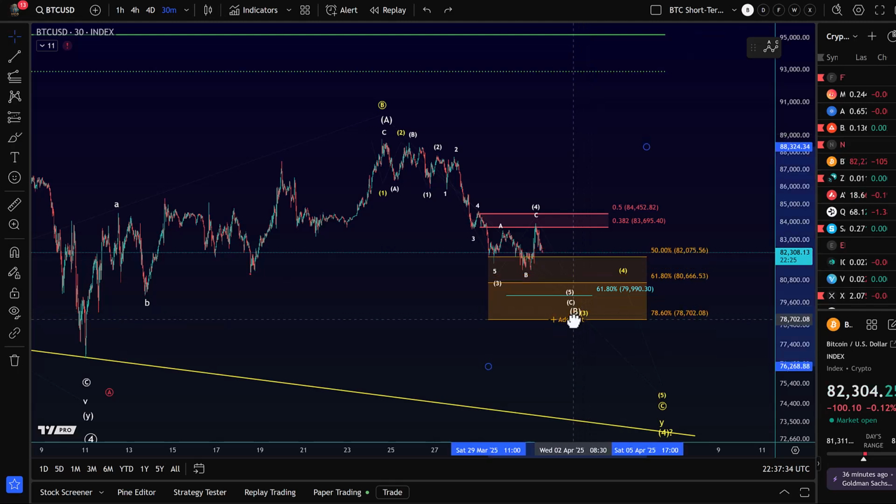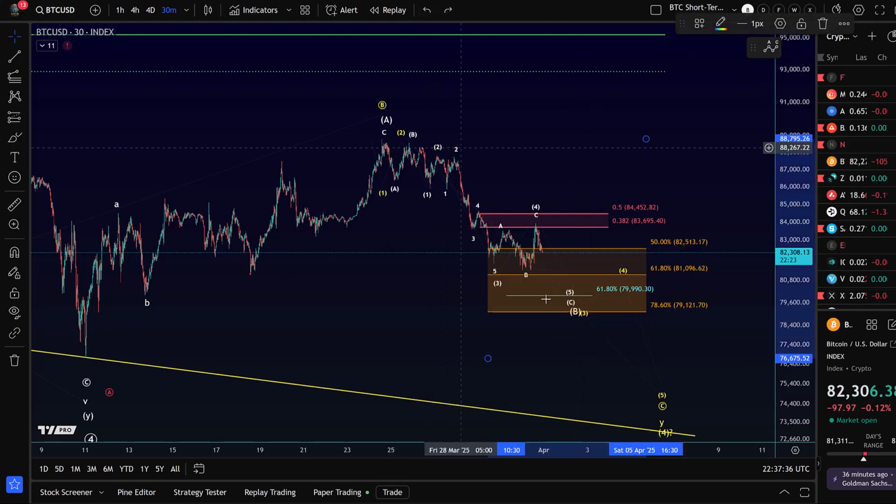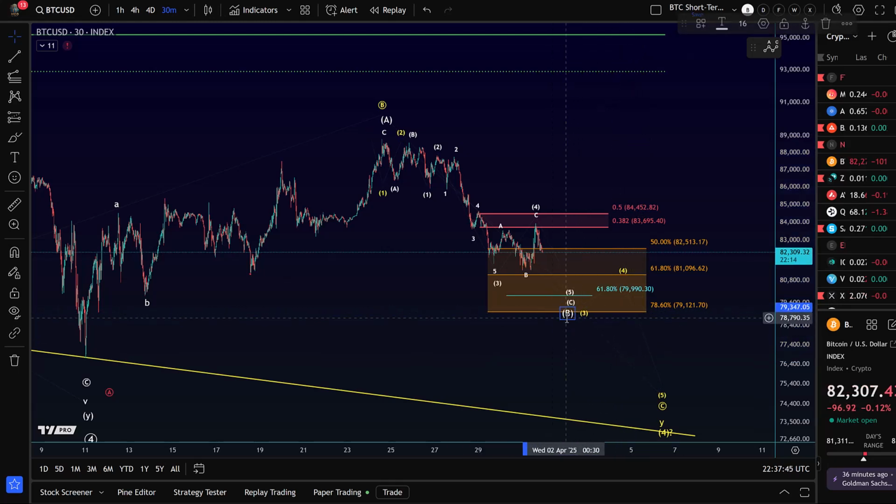The B wave shouldn't really break below the 78.6 retracement. I mean, it can, but a decisive break should be avoided. But that's why trading B waves is so difficult, right? Because they respect Fibonacci levels less. It's not like a 1-2 setup. It's an A-B structure, and therefore it can be useful to wait and watch for a reversal signal before getting aggressive or assuming that a low is in.